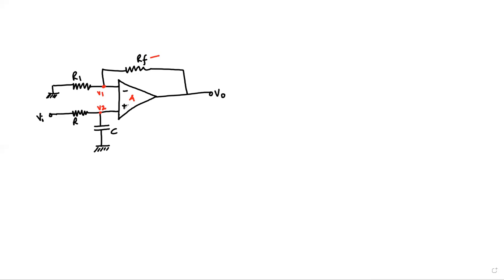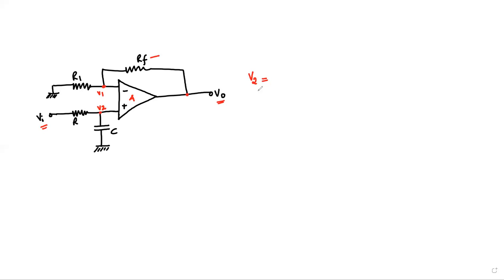and node voltage at the positive terminal is indicated by V2. And the input signal is applied to the positive terminal through this RC network. And what we are interested in is to obtain the output voltage. So how to analyze this circuit is basically we first calculate the voltage at node V2 with the help of